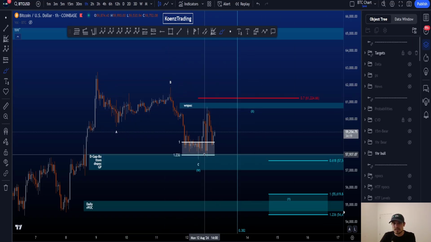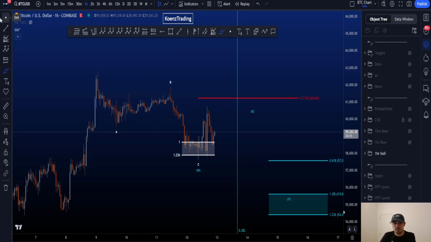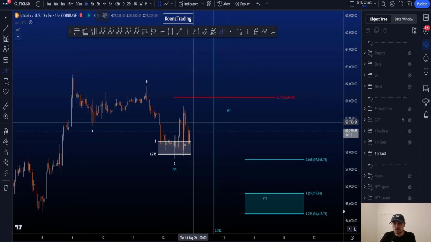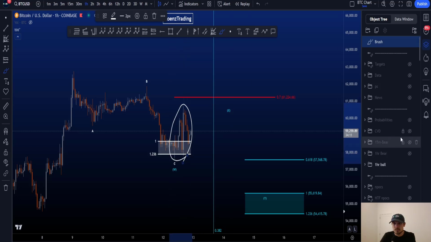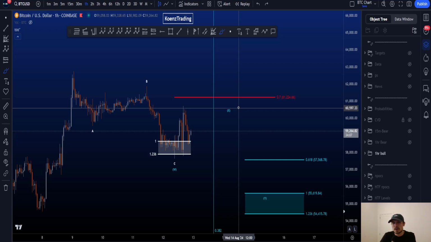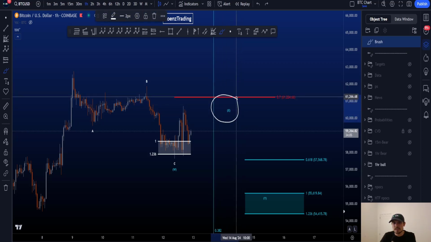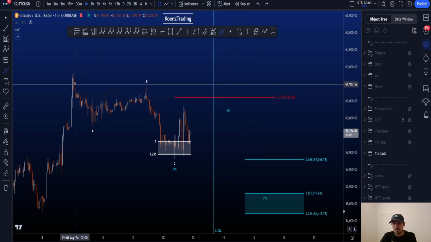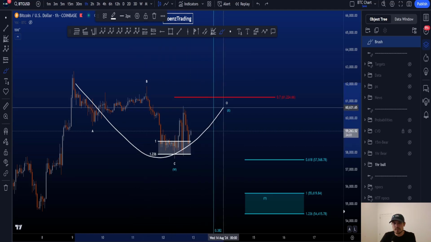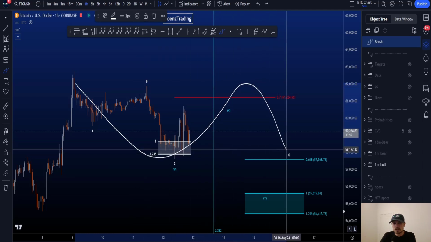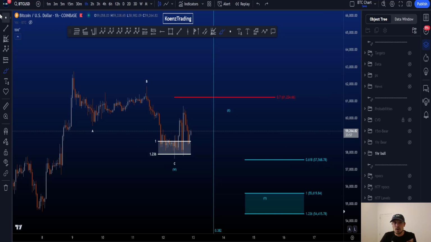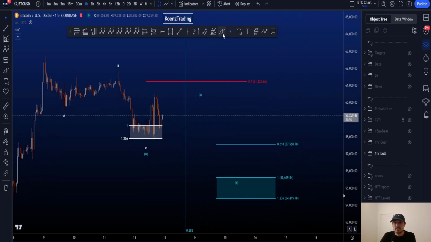And we also had some nice additional support over here, which was touched. Now, based on the local 15-minute structure over here, which I have in my folder and I'll show in a second, the probabilities at the moment are higher to look for a wave X and then another wave Y. We can be looking here for a sideways WXY, and then continue up, or potentially still a double zigzag